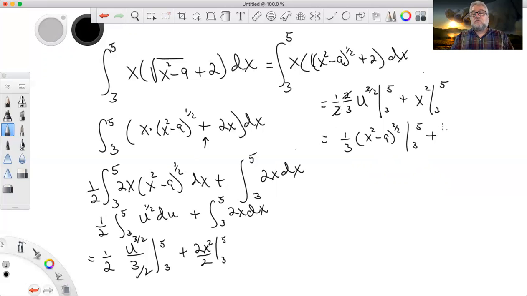And I'll go ahead and do this one. This is going to be 5 squared minus 3 squared, right? Upper limit minus the lower limit. And the 2's cancel down here, right? Okay, so this is